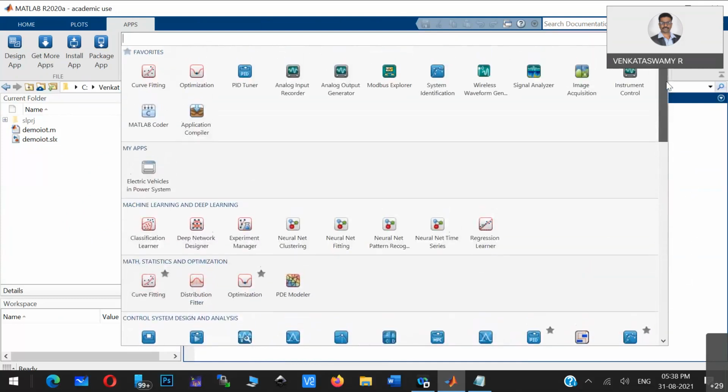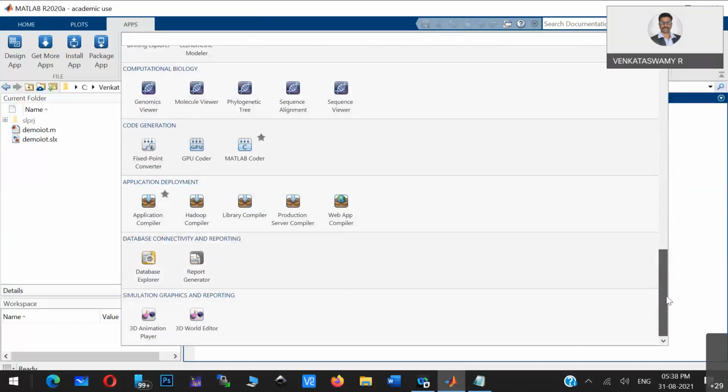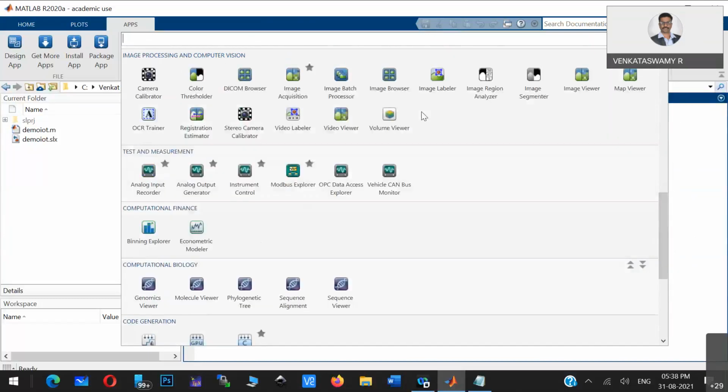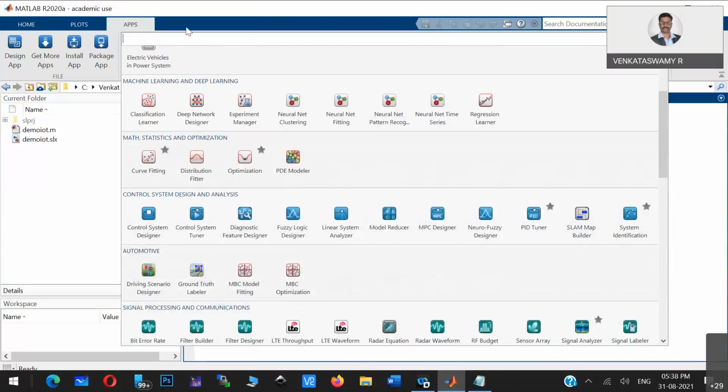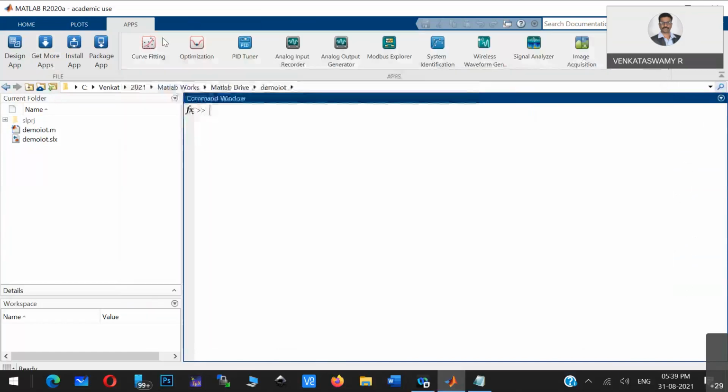That means these are all like software. I told you what inbuilt apps are. It's like application software, where you give some input and you get the output. That kind of thing, so this is what you just have to know. These are inbuilt apps. Now, if you require some app and you want to know whether people have already done it, you can also check that part.